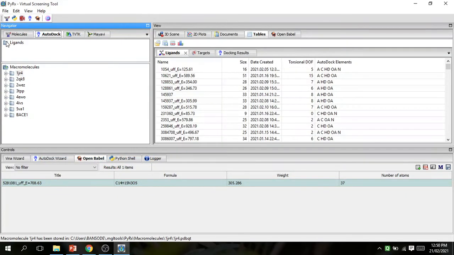Okay, this is converted. This is the ligand converted PDBQT file, 5281081 converted PDBQT.